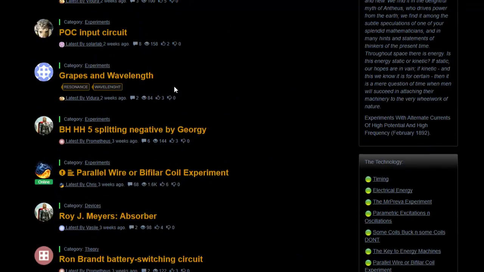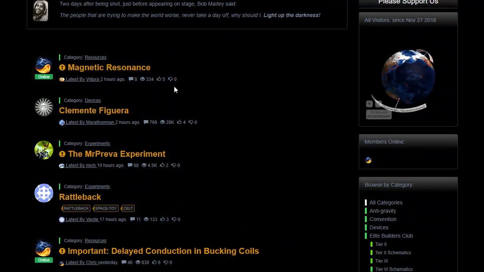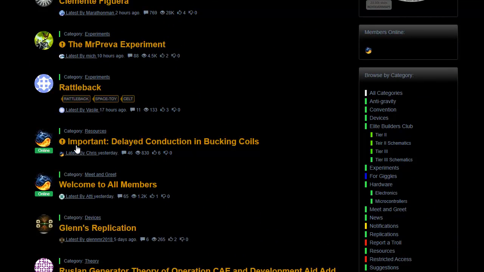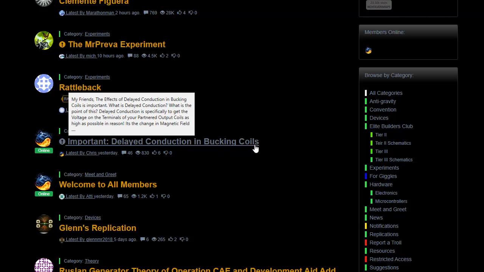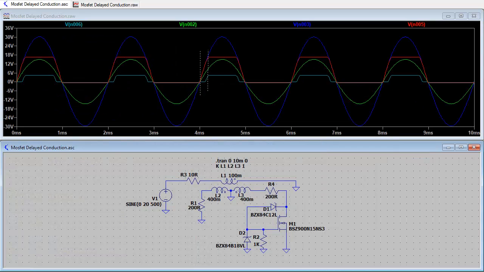So the thread that I have concentrated on just recently is delay conduction and bucking coils. That's just what I've just shown. And I really want to reiterate the fact that this delay in time that I've marked out here is very important. The fact that this coil conducts at a different time to this coil